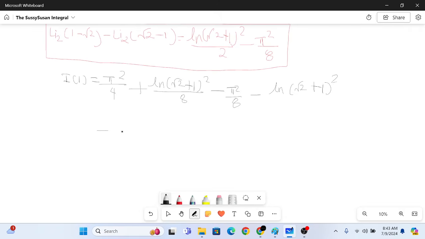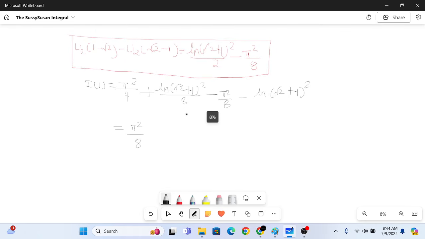I hope you all are good in that. Pi square by 8, and now this is, this is 2 not 8, sorry. My bad. Okay, by 2. So pi square by 8, and then this is just minus ln of root 2 plus 1 whole square by